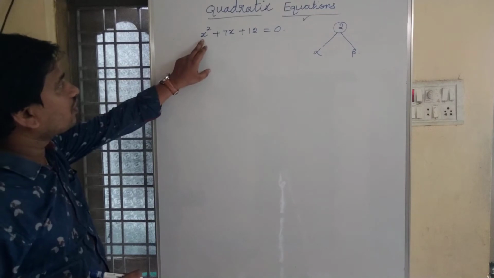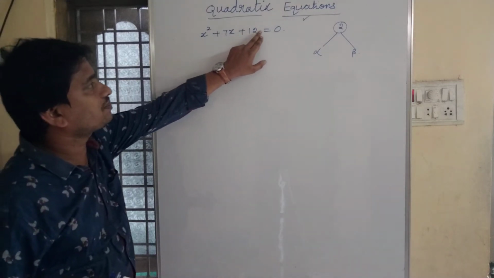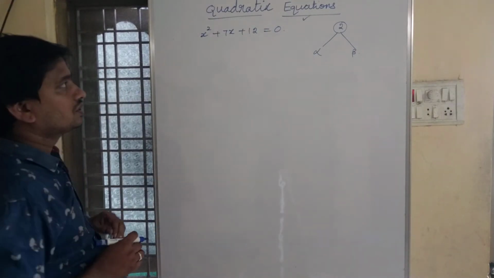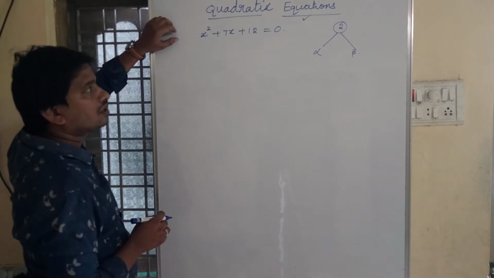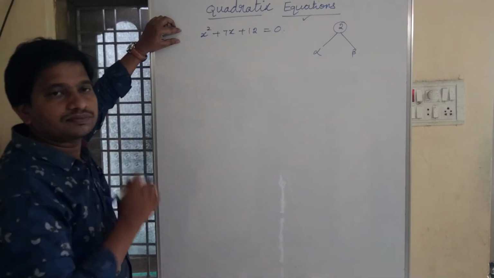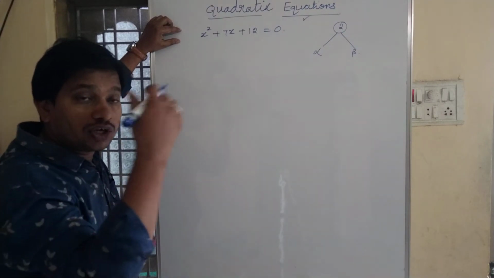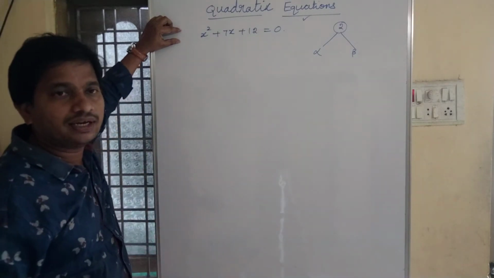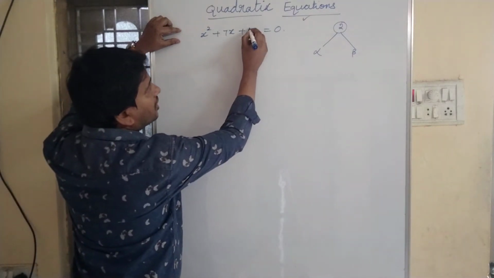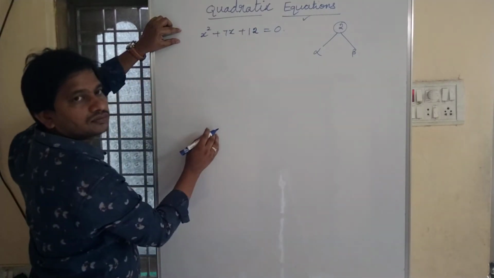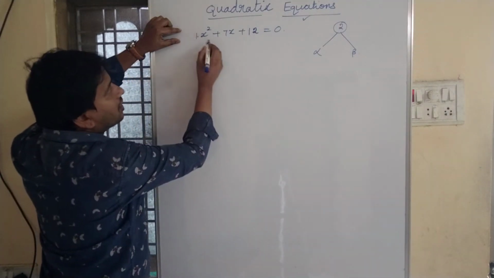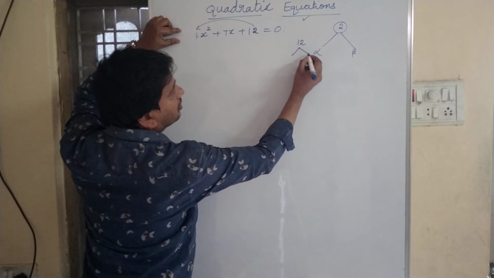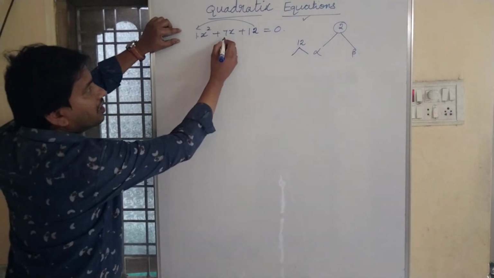So here the given quadratic equation is x square plus 7x plus 12 is equal to 0. This is the given quadratic equation. So let us find the roots of the quadratic equation by using factorization. Also we can call it splitting the middle term, as we have discussed in class 8 only, right? Okay, here children, the constant term is 12. The constant we need to multiply with the coefficient of x square, I mean 12 into 1, 12 ones are 12, and here the middle term is 7x.